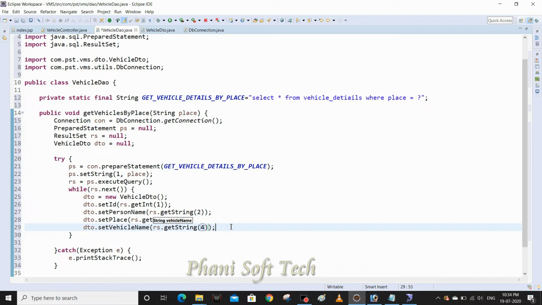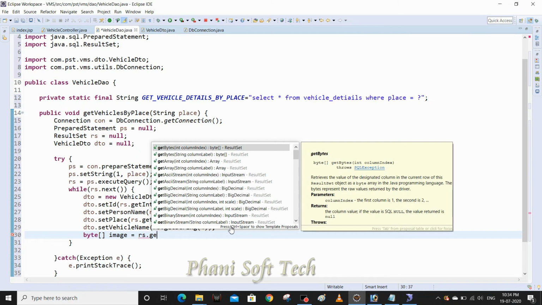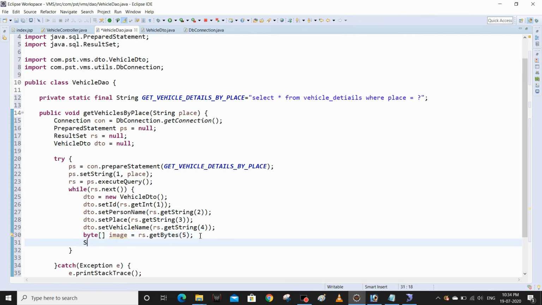Before that, I am going to explain how we will do this. For example, byte array image equals resultSet dot getBytes, column 5. It will give a byte array now. I'm going to convert this image byte array to string format. So how will we make the string? Make sure guys, just concentrate here.